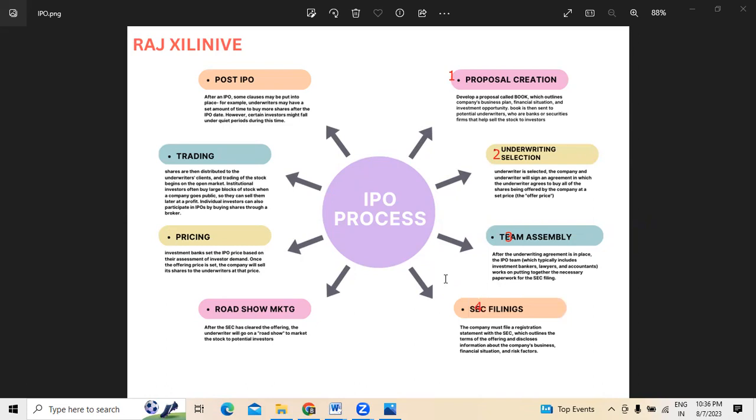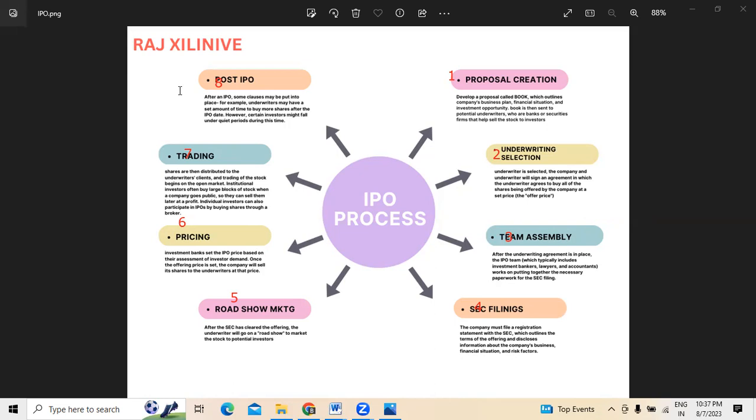Next is SEC filings, then roadshow marketing, 6 pricing, 7 trading, 8 post IPO. So these are the different stages for any organization that wants to